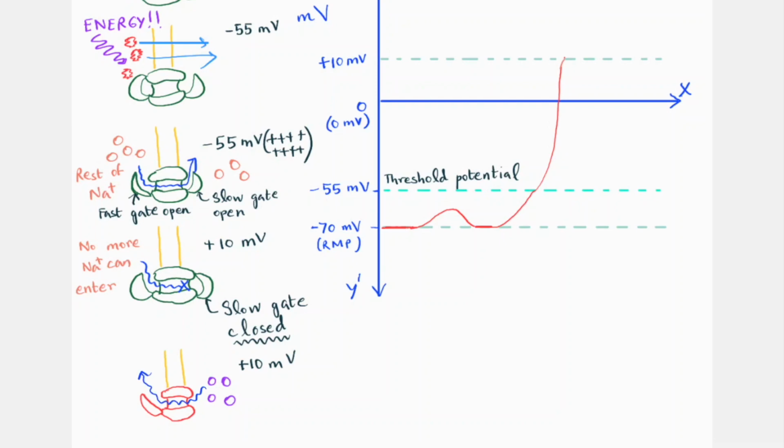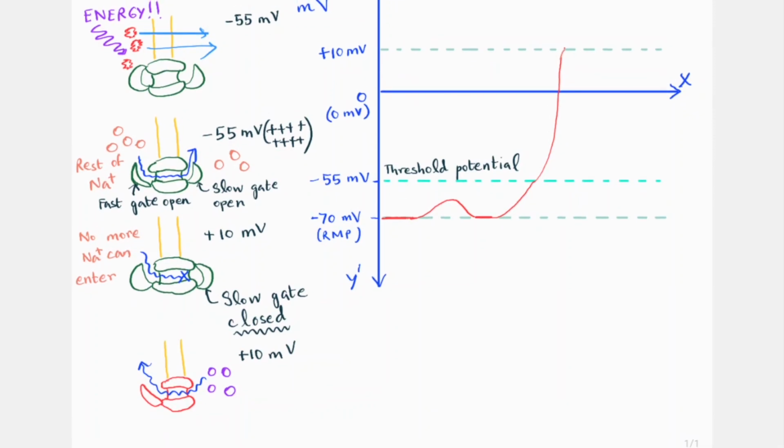Now if you consider the gradient, the potassium ions are more on the inside and less on the outside, right? So they will want to get outside because of the concentration gradient. It just diffuses out through the potassium voltage gated channel. And now since the positive charges are going outside, it's minus, minus, minus, and this decreases the potential inside the cell, and this brings the graph back down till here, all right?